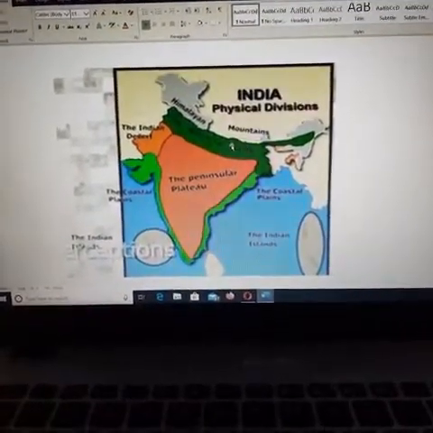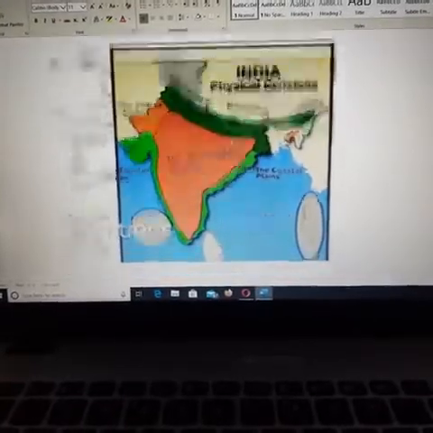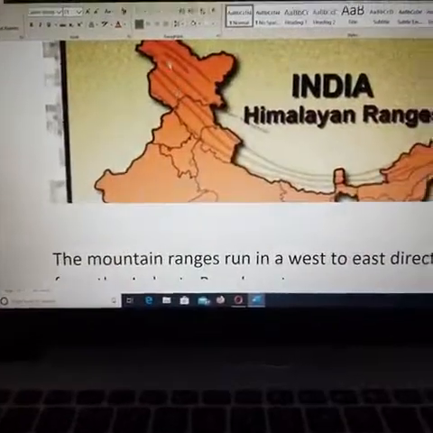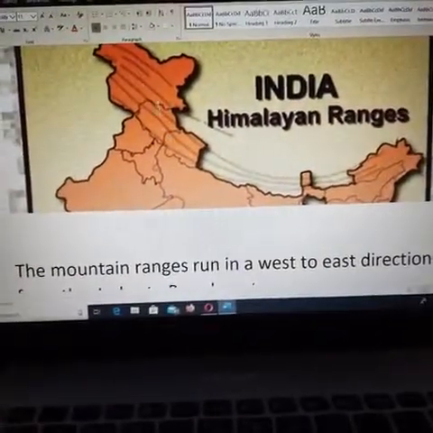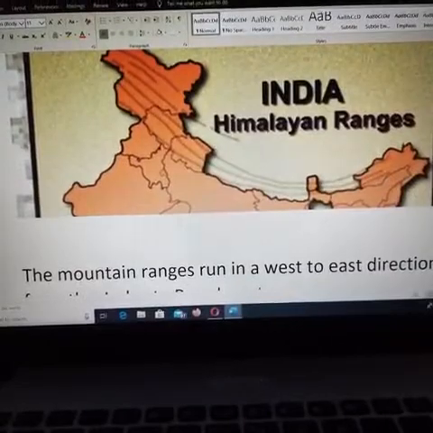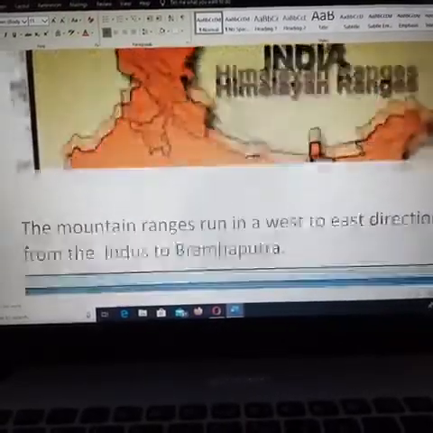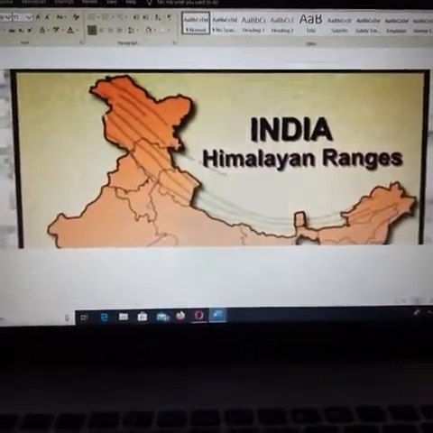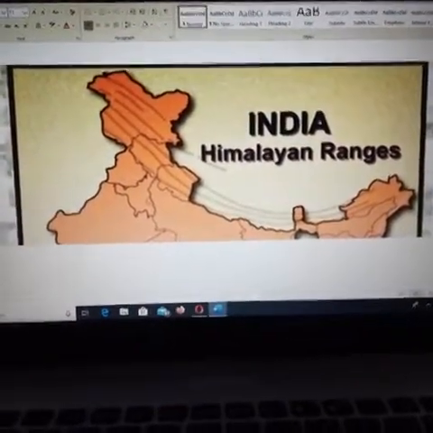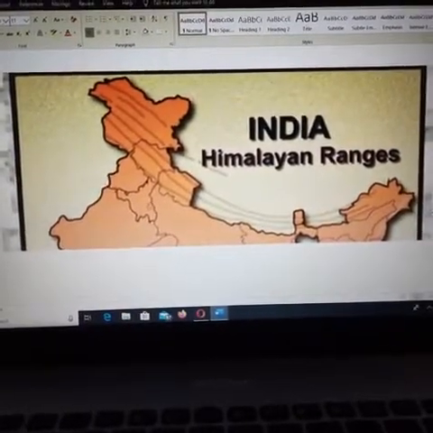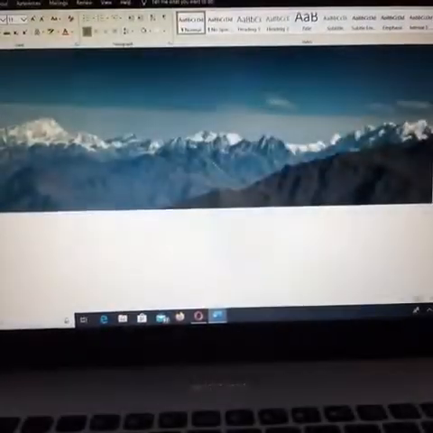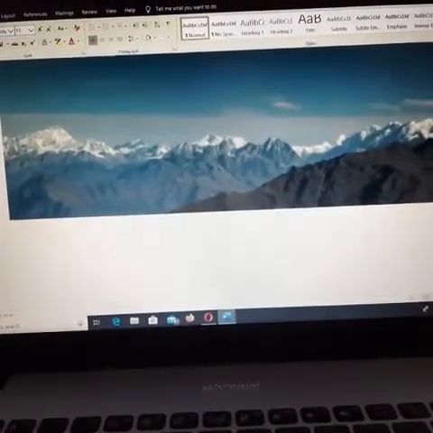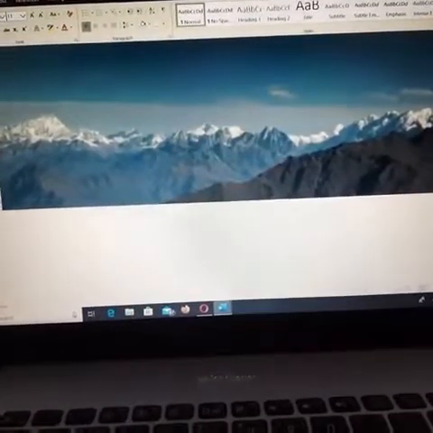The Himalayas, geologically young and structural fold mountains, stretch over the northern borders of India. The Himalaya starts from the river Indus to the river Brahmaputra, from west to east. It is full of rugged barriers and loftiest mountains. What does this mean? The rugged barriers and loftiest mountains mean it is full of ranges.